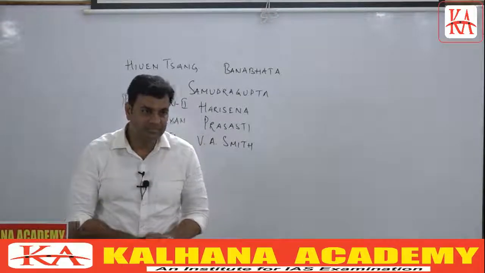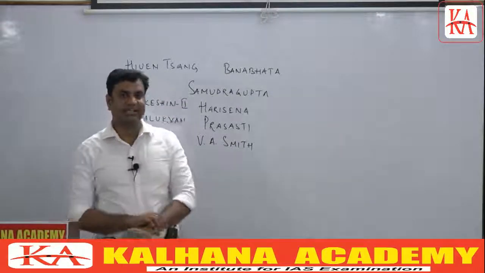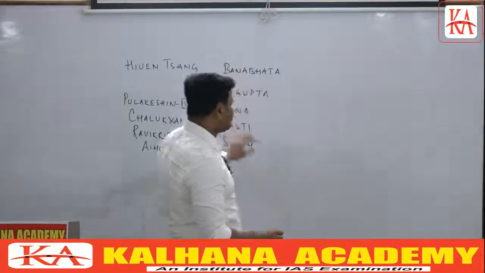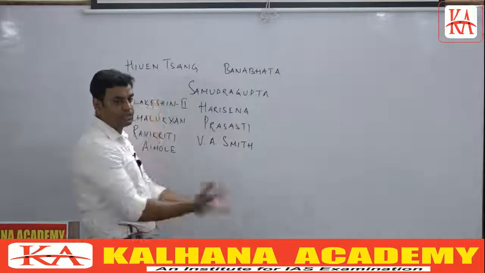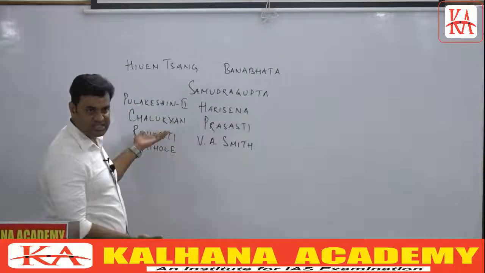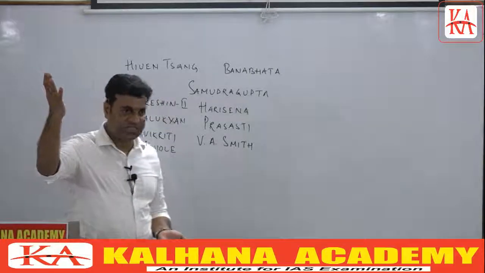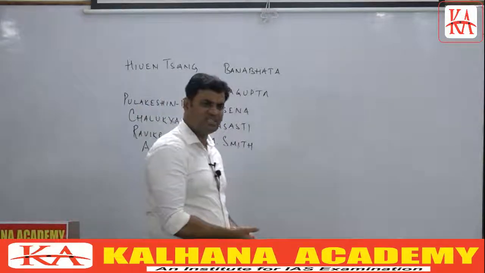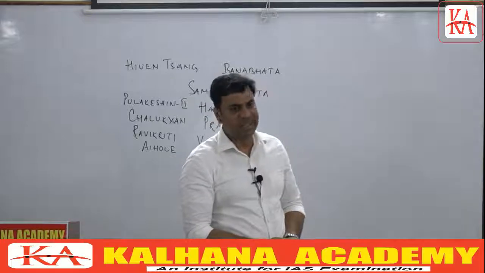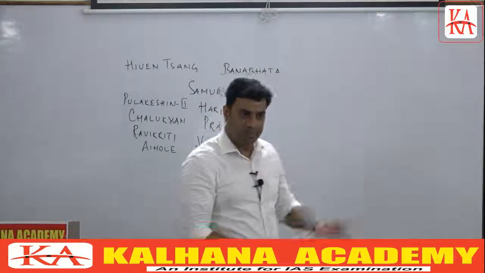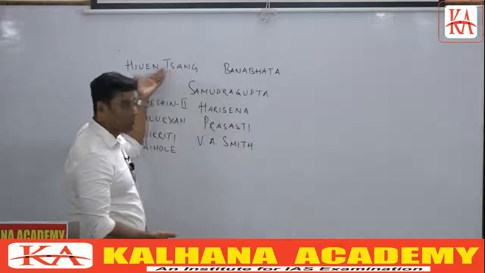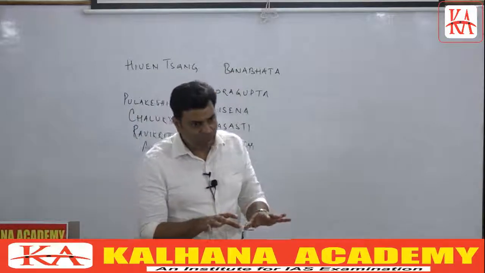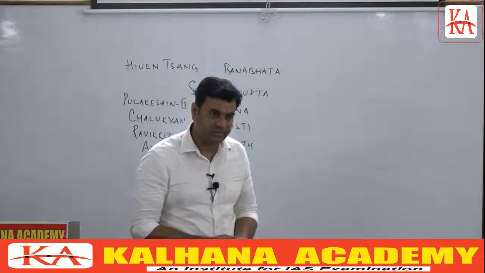See, again, I'll let you know the important thing, clear? First of all, when Ravi Kirti wrote this inscription, clear? It is not that the inscription written by Ravi Kirti has to be accepted anyway. He was also glorifying his master. Harisan also glorified the master, that Samudgupta was never defeated in his military career. But even then, why do we consider those things to be more valid than other sources? Why don't we believe that Banvat was right? Or why don't we believe that Yuan Sang was right? The reason, again, I'll let you know, clear? That all these court poets who were writing inscriptions at that point of time, clear?